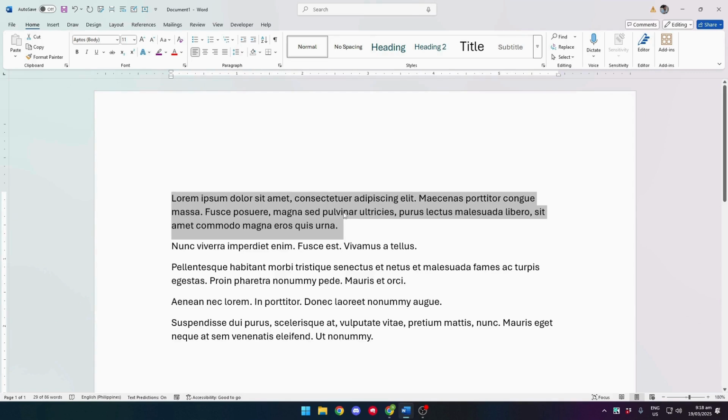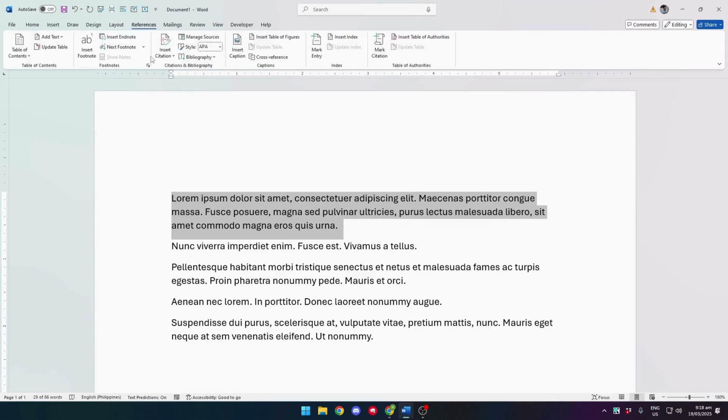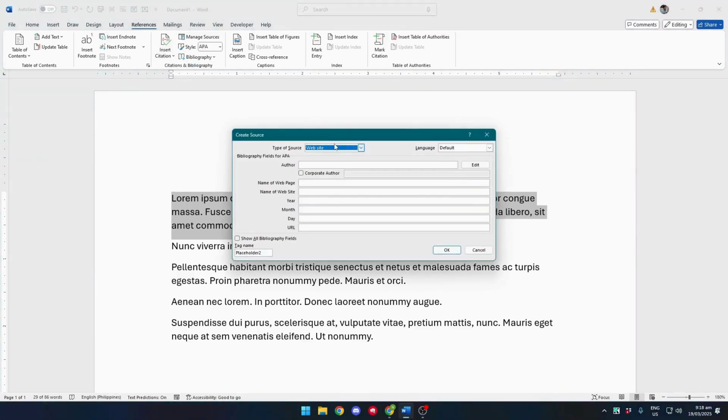Now, to do that, head on over to the References tab. And right here, you should be able to find Insert Citation. Now, when you click on that, you'll see two options, either to add a new source or to add a new placeholder for your citation. Now go ahead and click on New Source, and this window should pop out right here where you can input